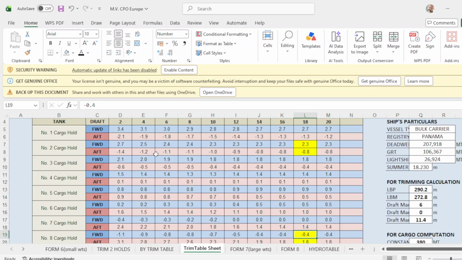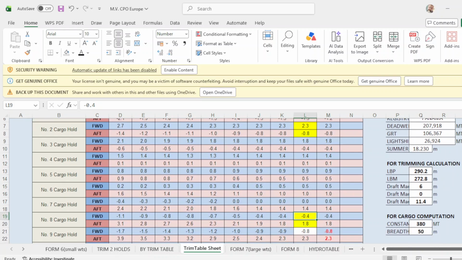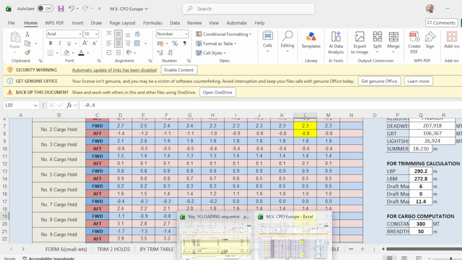And the up correction from drop 14 to 20 is the same. And so forth with hole number 8. Okay? So take note. So we will adjust this one.